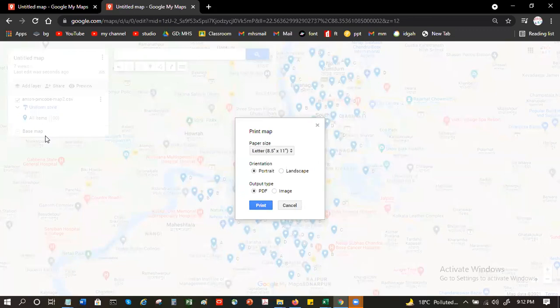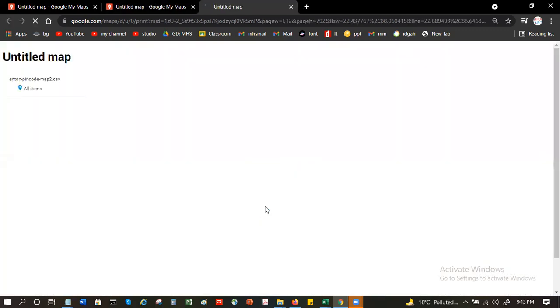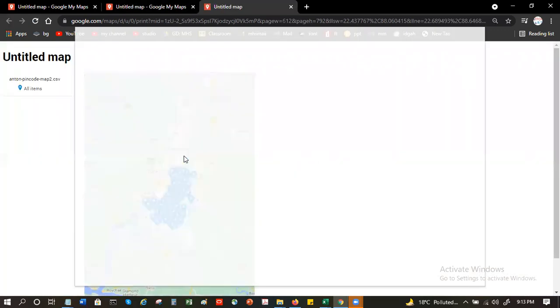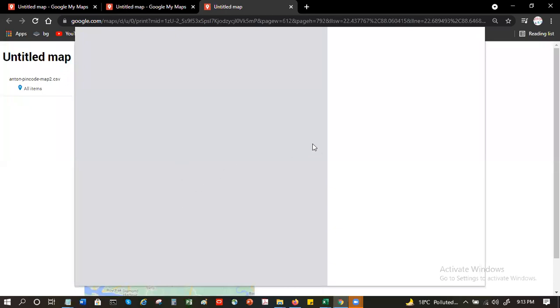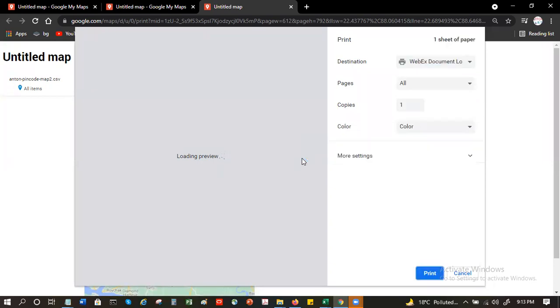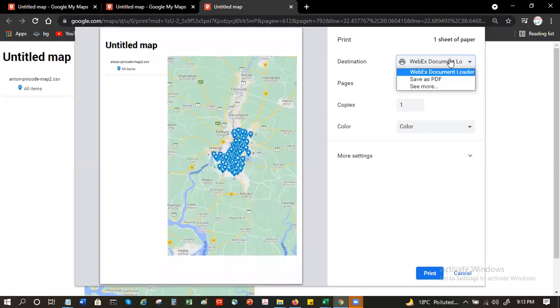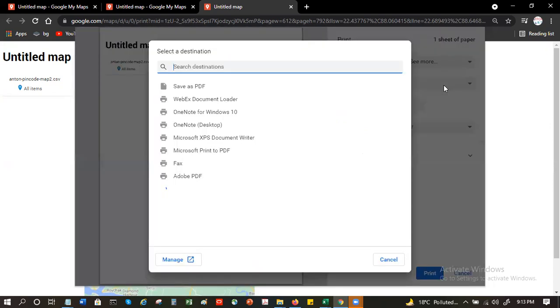See, this you can do as an image. You can print it out as an image. You can print it out as a PDF. Okay, great. So let's say if you want it as an image, then you will get it as an image. Only thing is, I don't know if it is. No, I believe I will need to present this online, so I don't think I would need to take a printout. Even if I did take a printout, it would become too clumsy.